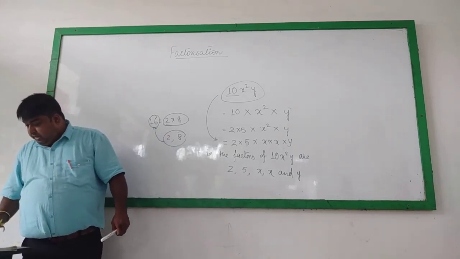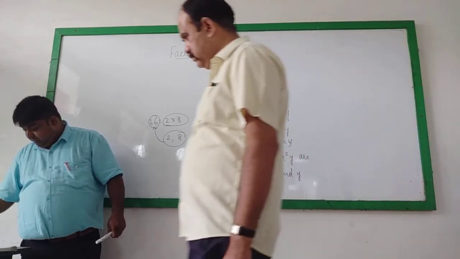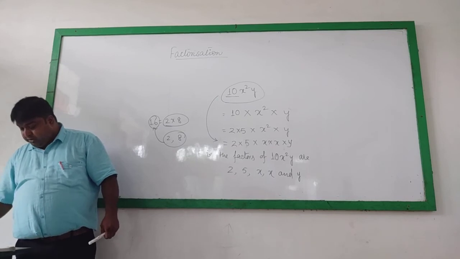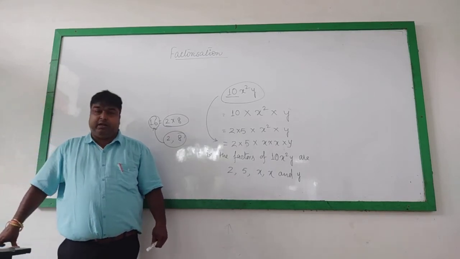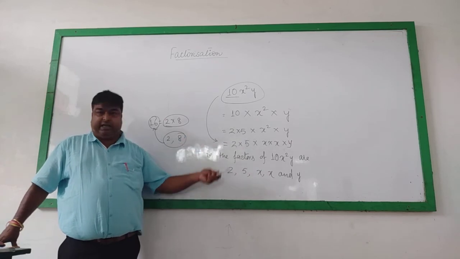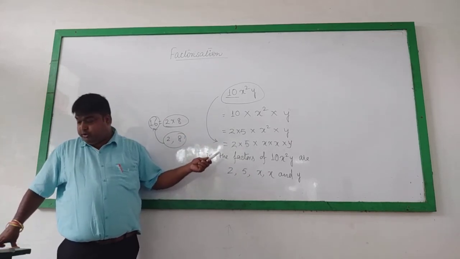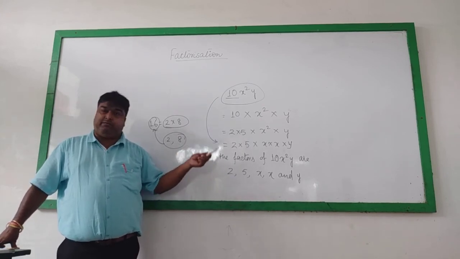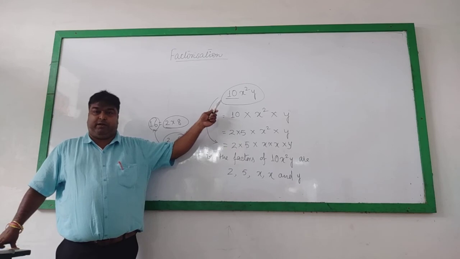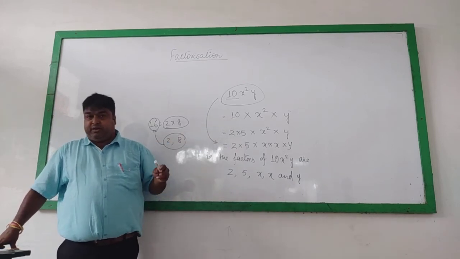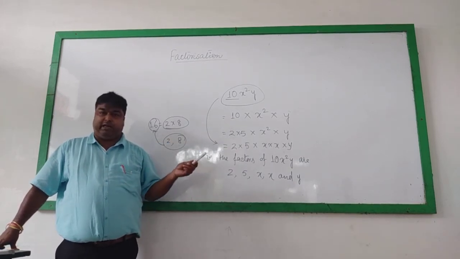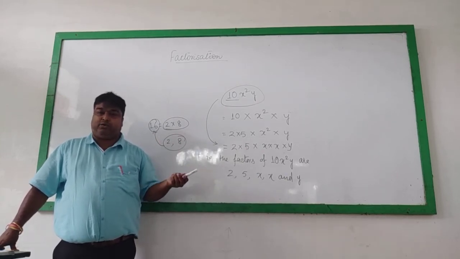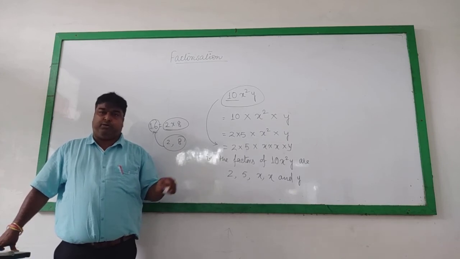Now, this is factorization. Here in your book an observation is given. So you go through this observation of what we have discussed through one example. Page number 240, 241 combined. What we have discussed with one particular term, that is 10x square y. They have discussed this with the same term 10x square y, and step by step they have asked you to observe this. So you go through this page, you will understand what is written over there.